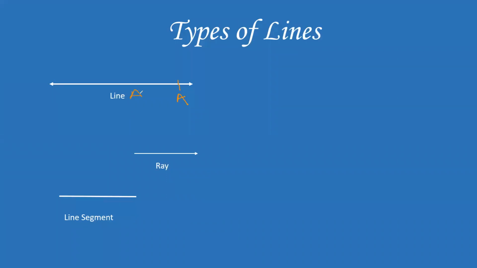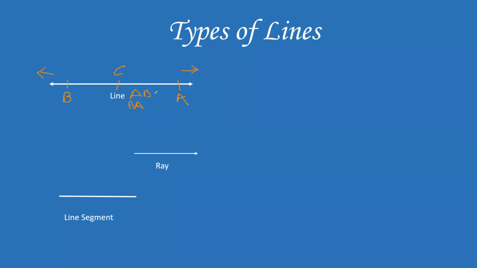But let's say I have another point over here. Then what will be the name of the line? Line AB, or line BA, whatever. Never forget, folks, this line is continuous on both sides, so if it's continuous from both sides, it can be BA or AB, it depends. Now let's say I have a point C over here. What will be the name of the line?